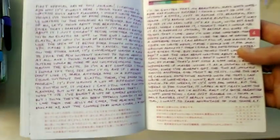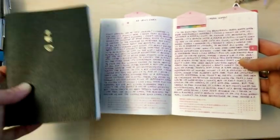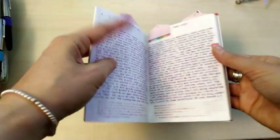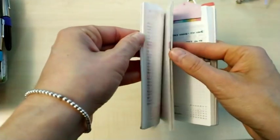I ended up basically just having 2 pages of journaling to do in the evening, this and this. And so it was like I was just kind of doing an A5 pages worth of journaling basically in 2 different planners. And so I stopped doing that because I felt like it wasn't quite working. Then I did kind of try to pick it up again, and it was kind of on and off in